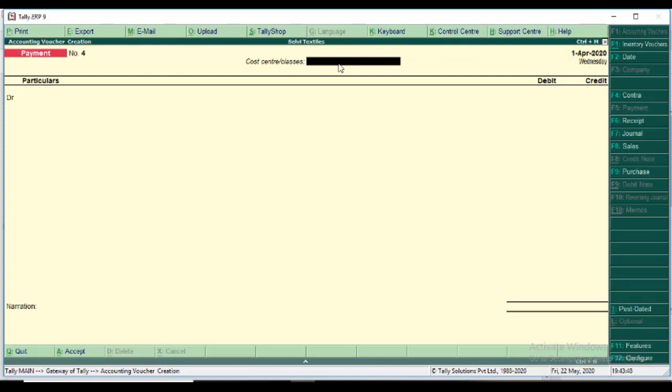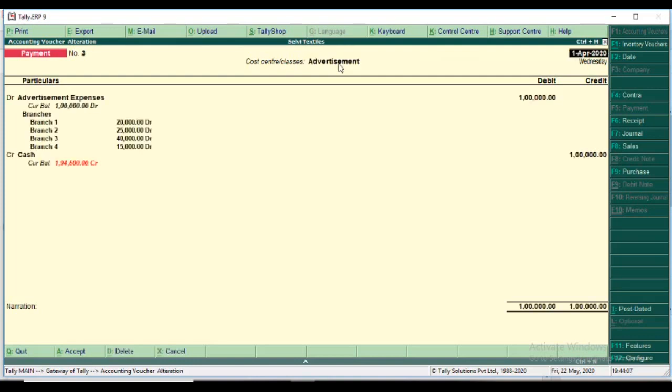You know, here I said the important shortcut for Tally. If you press the Page Up key on your keyboard, the last transaction comes.